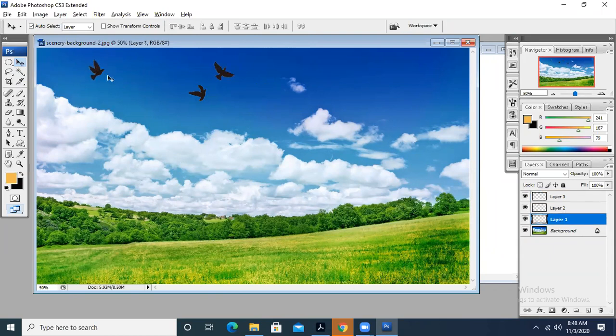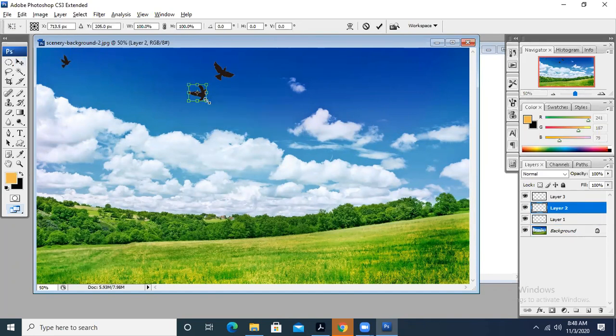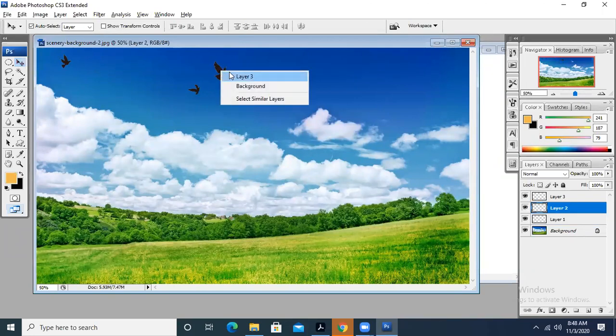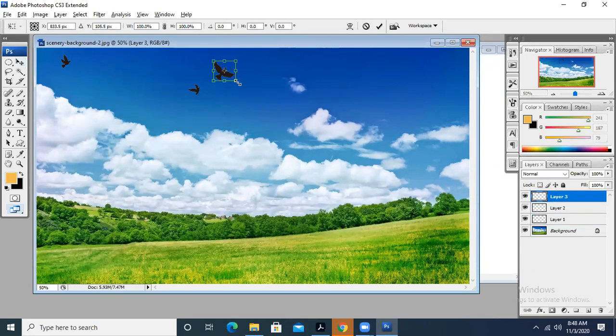If these are larger in size, what we can do is press Ctrl T, press Shift and you can minimize it according to your requirement. Whatever you consider the better size, you can place it accordingly. Just like this is the image, I press Ctrl T, I can press Shift. Why are we pressing Shift? Because it will resize in a proportional order. Length and breadth will be equivalent. Length and breadth are not going to change.